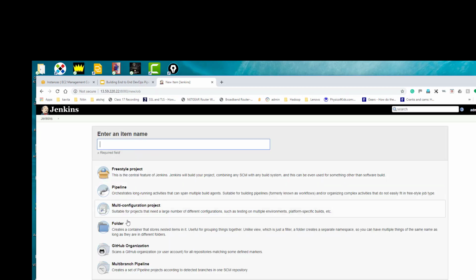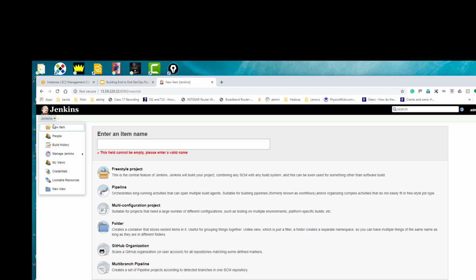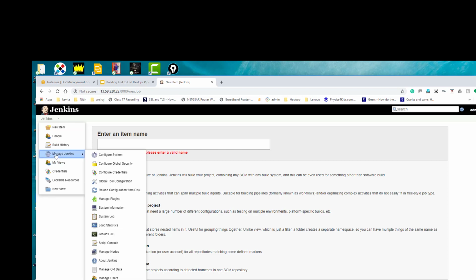Now, there are multiple types of projects available here for us to create. And what we want is a Maven project. But as you can see here, there is no option to create a Maven project. So what I'm going to do is go to Jenkins plugins and download the Maven plugin. The way to do it is go to Manage Jenkins, click on Manage Plugins,